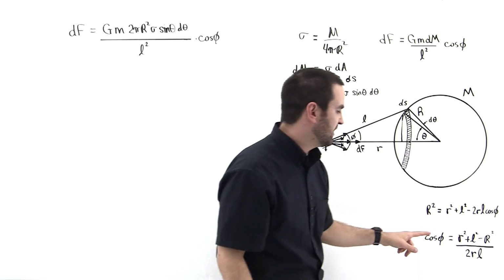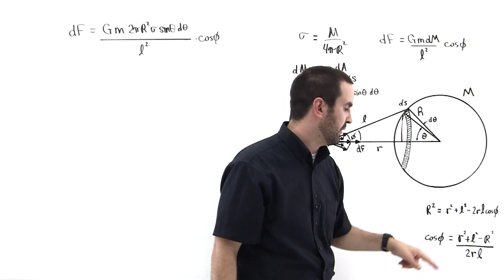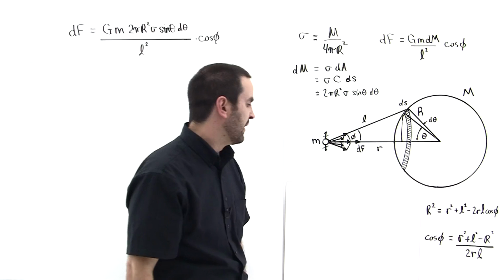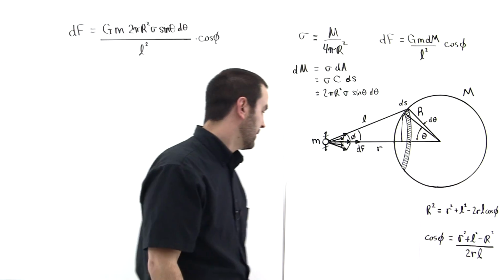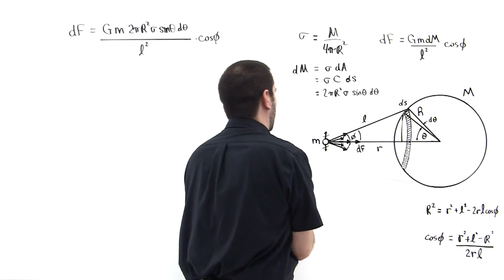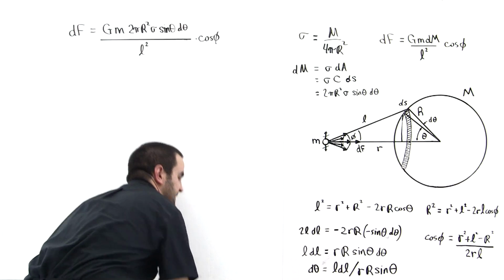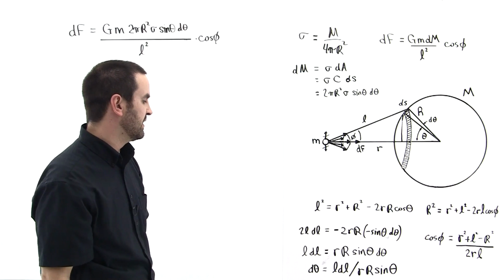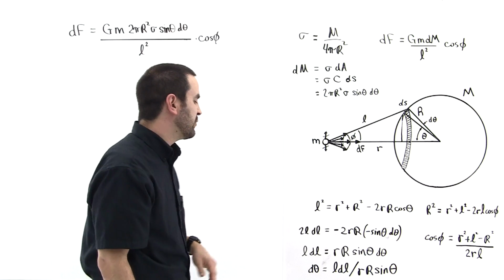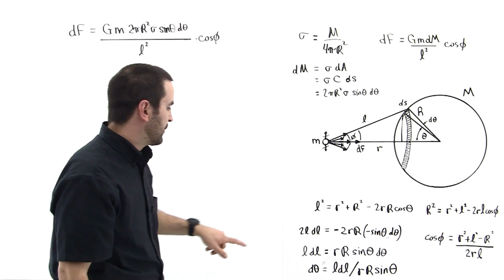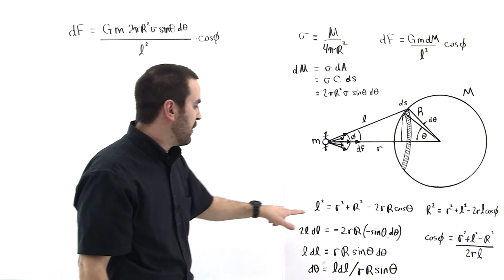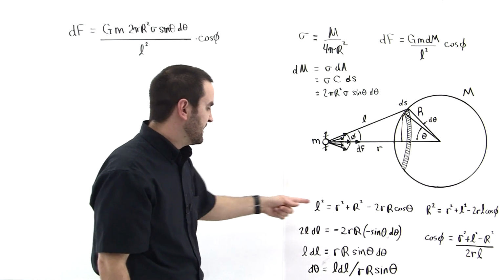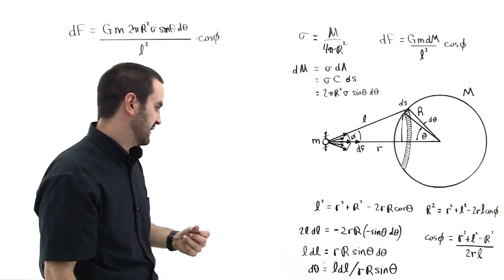Notice that this expression only involves one variable, L, where the rest are constants, lowercase r and capital R. So this is solid, okay? Now, the next law of cosines that we will consider is where lowercase l is the major hypotenuse. Once we write down this equation, we can take differentials. So we have 2L dL, and notice that the differentials of this and this are each equal to 0 because these are constants. The differential of a constant is equal to 0.